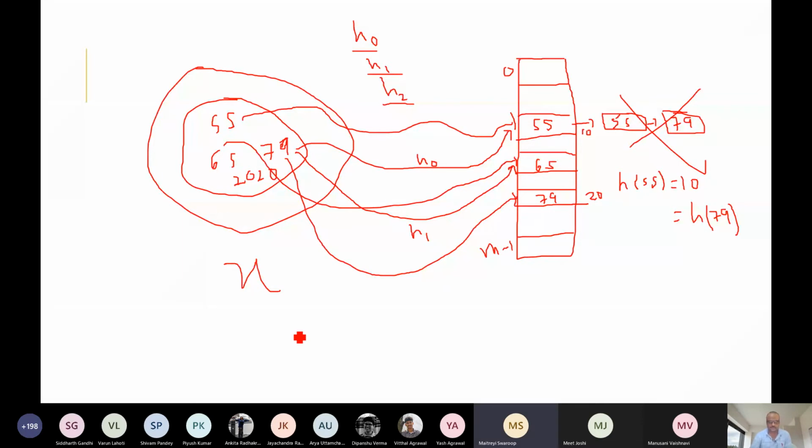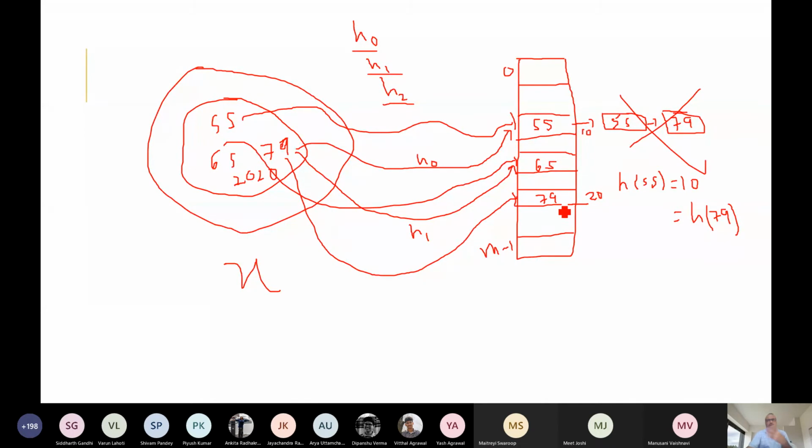So we successively call the same hash functions and then we check. We have to follow the same probe sequence. If we have to search a key, we first apply H0, the 0th probe. It will hit some slot. We check whether that is our key, say 79. It is not. Then we go for the next probe. The next probe hits this slot, which is 65, which is not 79. Then we go for the next probe.